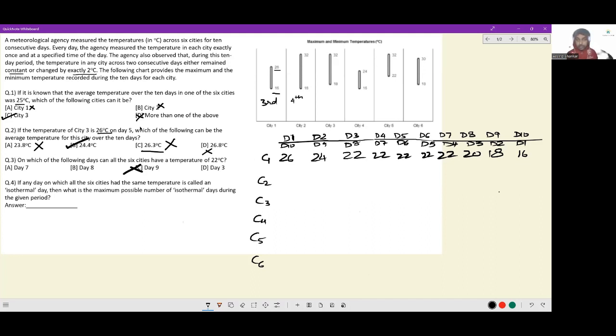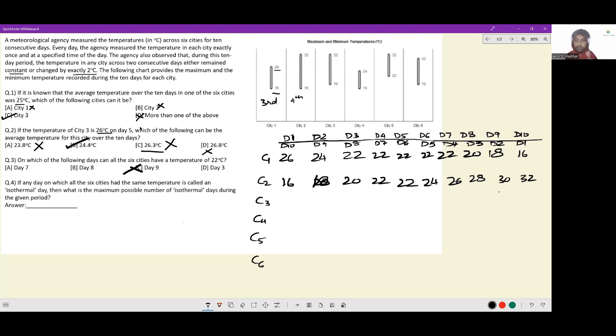Let us do it for city 2 now. 32 to 22 is easy, or 16 to 22 is easier. So 16, 18, 20, 22, and reverse now: 32, 30, 28, 26, 24, 22. Okay, now see, at this time you will know your answer clearly just with the working of this. If we look at the first day distribution, 1 to 10, it is on day 4 and day 5,